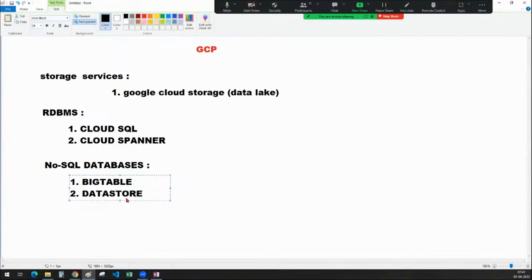Okay, so these are the two databases acting as NoSQL databases in the GCP. One is Bigtable, one more is Datastore, guys. So these are all storage and database services. One is Google Cloud Storage, one more is Cloud SQL and Cloud Spanner, and the third is Bigtable and Datastore. So these are the Google Cloud Storage and database services.